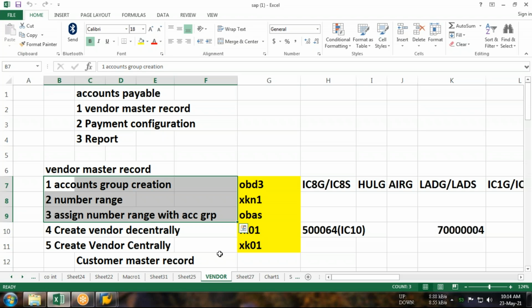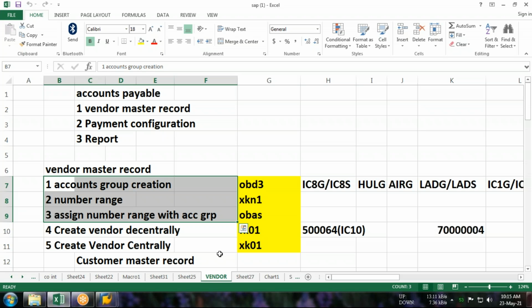So accounts group will be the parameter on the basis of which you can bifurcate. If you maintain these three types of vendor, vendor for goods, vendor for services, and vendor for capital goods like fixed assets, you need to create three accounts groups. One accounts group for the vendor for goods, second for the vendor for services, and third for vendor for capital goods.